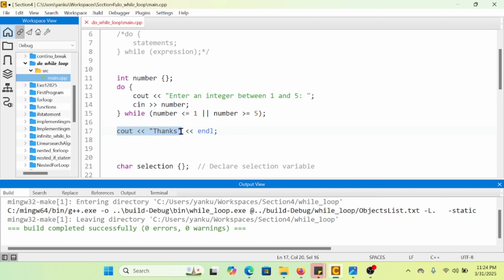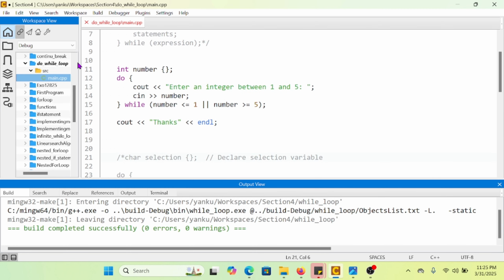Then cout thanks, endl. So we're going to do this while this condition is verified. When this condition is not verified anymore, we're just going to cout the thanks and end our program, okay? So let me comment the next program here